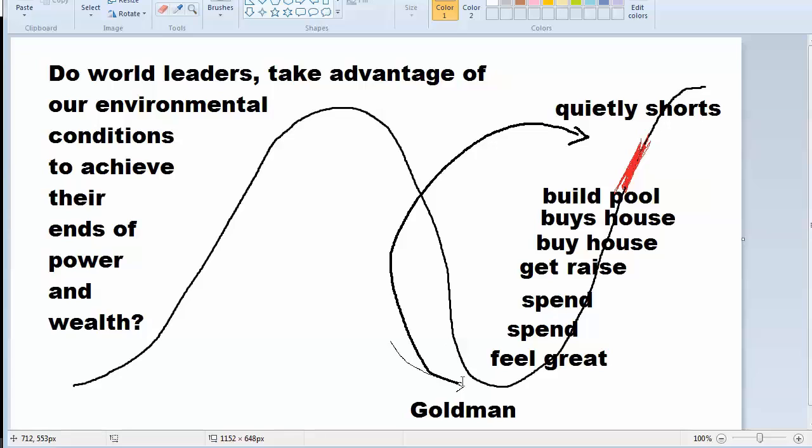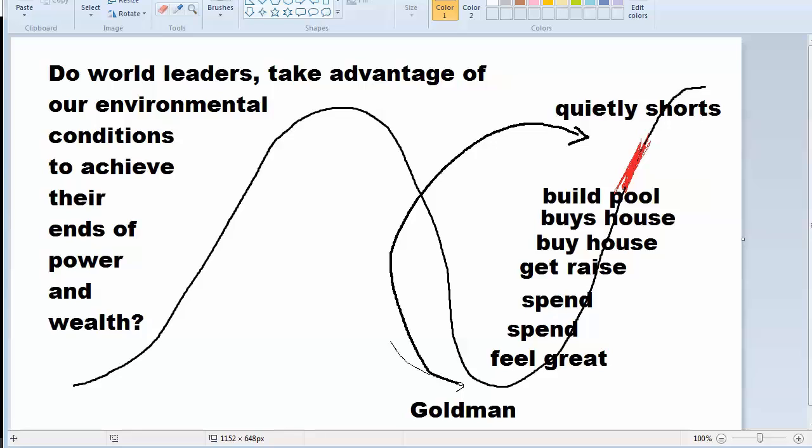So in the last cycle, Goldman was selling mortgages. They were building mortgage derivative funds. They were packaging mortgages together like stocks. Subprime mortgages were being stuffed into the portfolios as fast as they could get them. And the entire time, they had created a new market to short the housing market, to short the bond market. So they were pumping up the one side and betting against it on the other side.